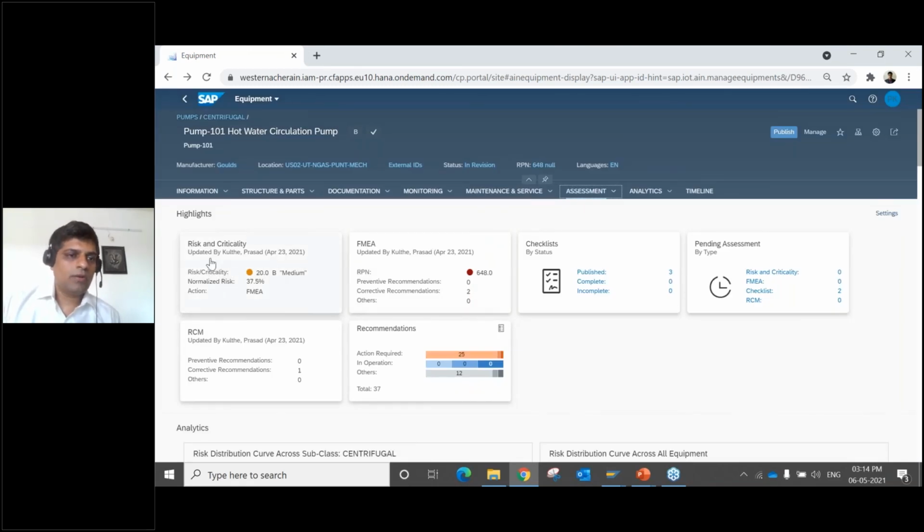For this equipment, we have performed the risk and criticality assessment. The score has come as 20, which is my medium score. The range and everything we can define in the system. Based on my score, the recommended action is FMEA. The FMEA assessment comes up with failure modes. The failure mode is master data that we can define for equipment, and we can